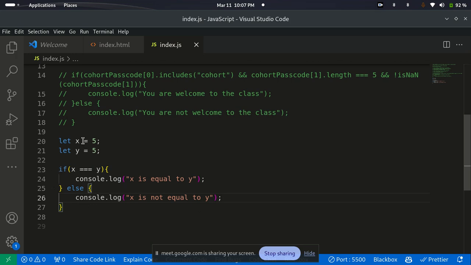So I have two variables x and y, they are all 5. If x is equal to y, it will print for me console.log, x is equal to y. Else it will print for me this. Now I want to say if x is equal to not y,